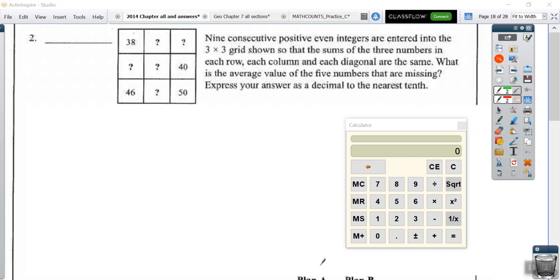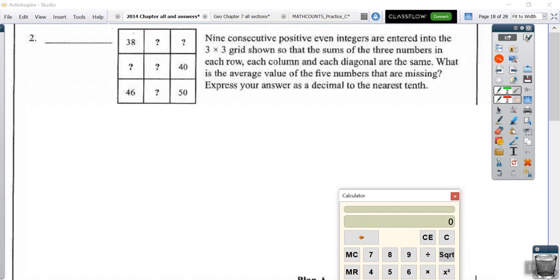All right, so we're going to take a look at problem number 2 on the team round from 2014. And we're going to look at a shortcut to try to figure this out a little bit quicker. Now, remember, we have 9 consecutive positive even numbers, and we don't really care where they go. We just want to have these numbers. And then we're going to end up finding the average of the 5 numbers, and we're allowed to use